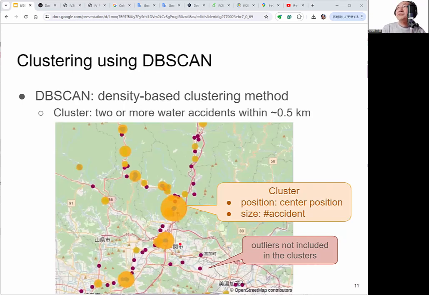To extract hotspots from this data set, we use DBSCAN.